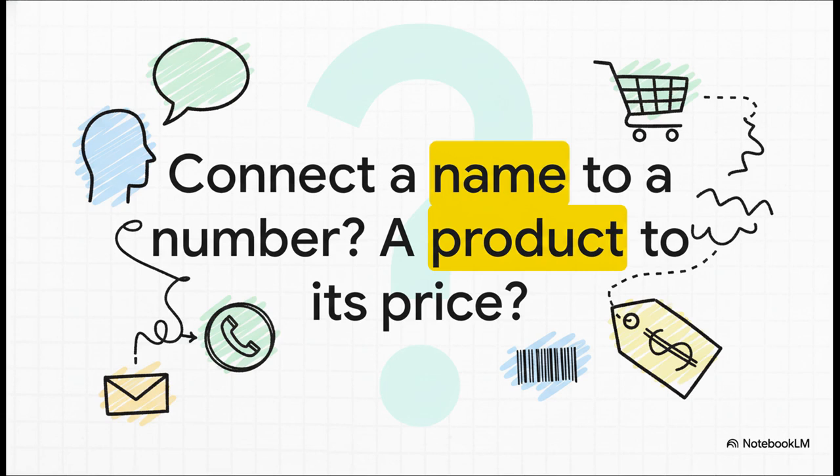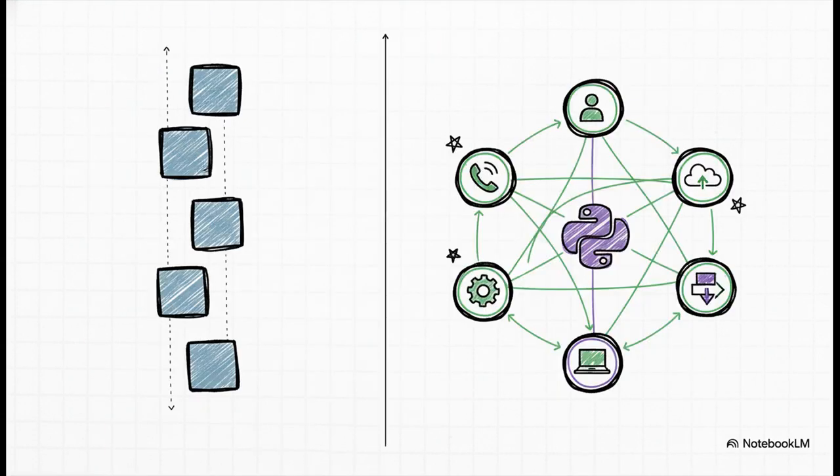In the real world, data is hardly ever a simple list, right? It's all connected. Your contacts list isn't just a bunch of names. It's names linked to phone numbers. A menu isn't just a list of food. It's the food linked to its price. So how in the world do we actually handle that in our code? Well, that's exactly where Python's dictionary comes into play. It lets us build this web of interconnected data, which is precisely what you need for handling more complex real-world